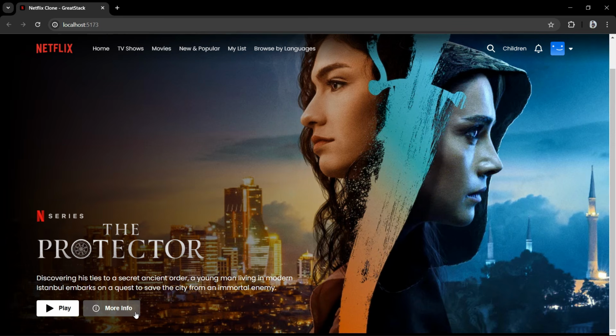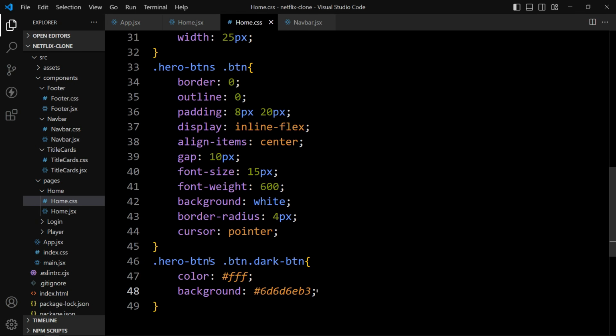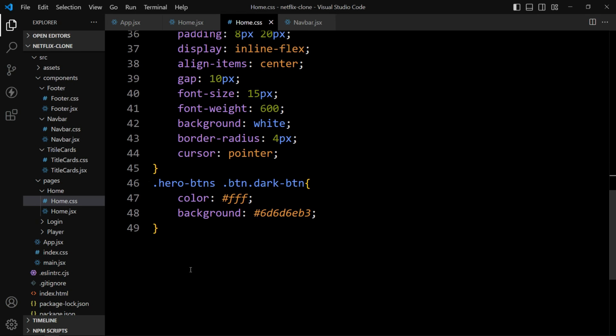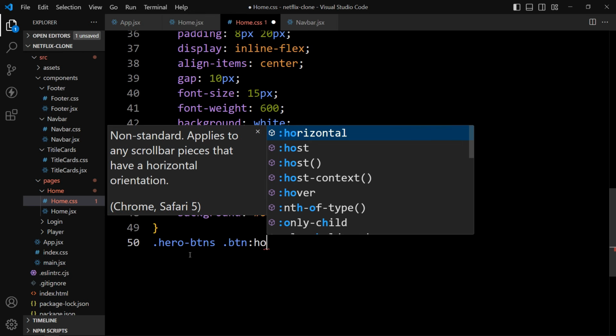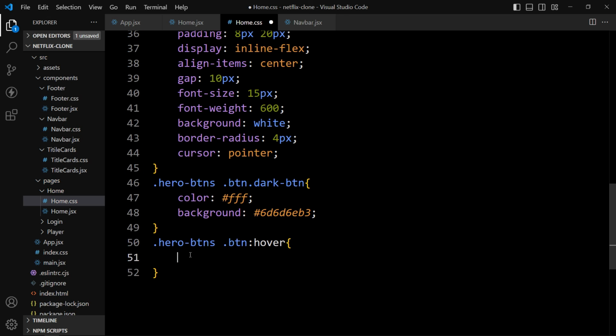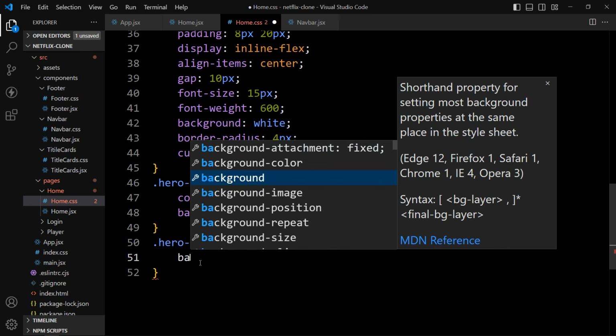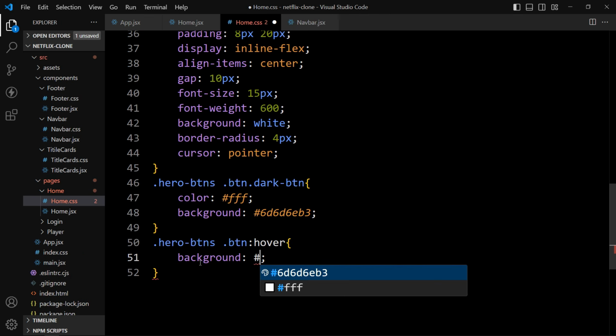Next we will add the hover effect on these buttons. So just come back, and here we will add this one, then write hover, and here we'll update the background. So let's add background and this color code.